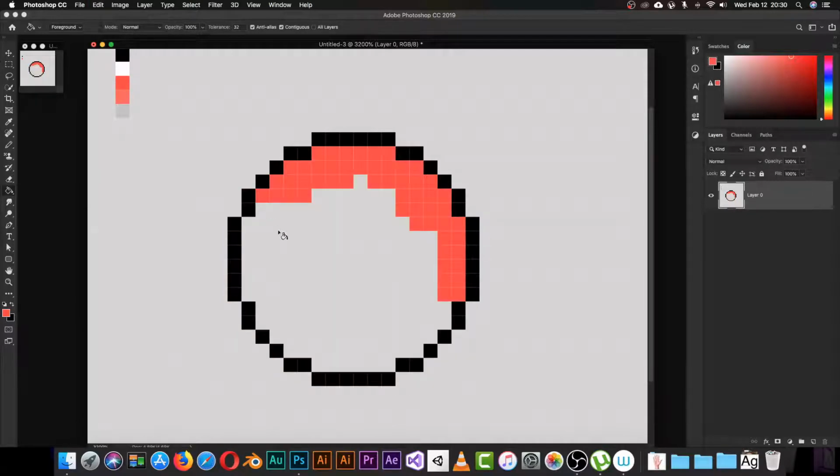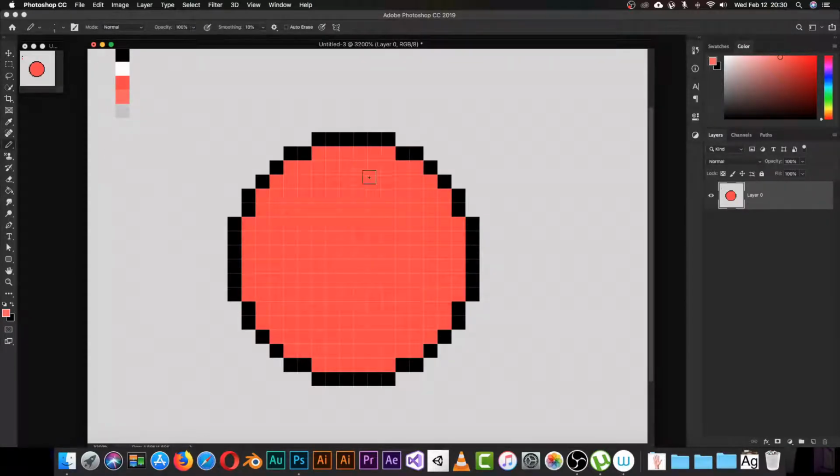So let me just Command Z to undo this, and here in the top corner for the bucket tool, we have this anti-alias. We need to uncheck this button here, and now when we click, it fills just the area that we want. Now I will select this bright red to make a bright area for my Pokeball,